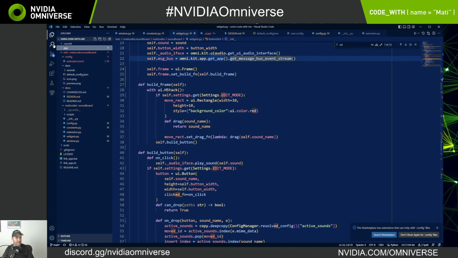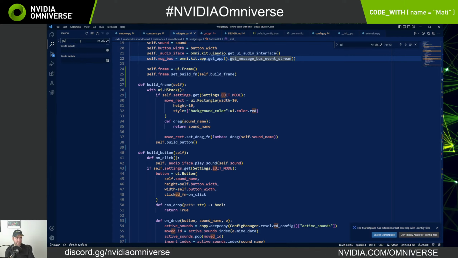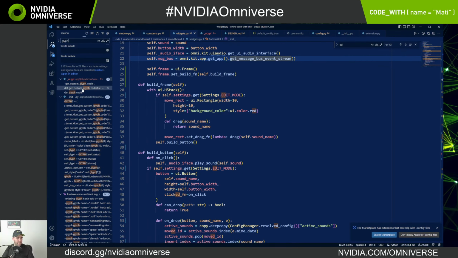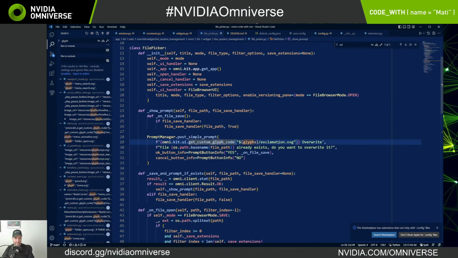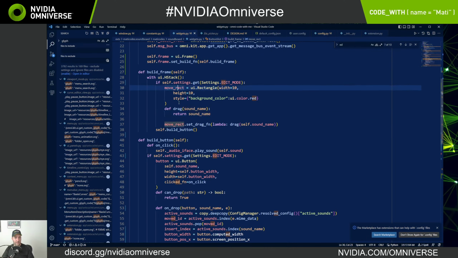Let's search for glyph here. And I'm looking for this one. So this is gonna take my SVG and convert it into text. So come back over here, and we can leave the rectangle, I think. But I think I want